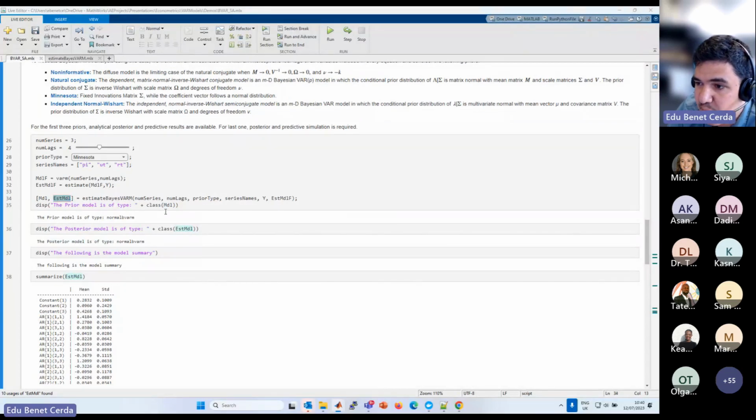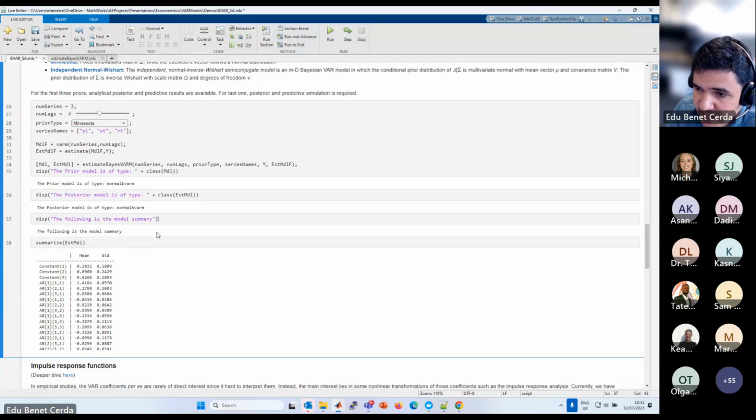Now, one of the properties of the Minnesota model, which is quite nice, is that because you assume that the prior model is of the type normal, the posterior, you can actually prove mathematically is also of the type normal. It's actually a known distribution, and it's a normal distribution, which means it facilitates our problem quite a lot. If it was not, for example, if I get a diffuse barm as my prior model, my posterior is actually a conjugate barm. So the distributions are different on the prior and the posterior, right? So for now, let's just keep using the Minnesota because it's simple, and you can see that it's very fast